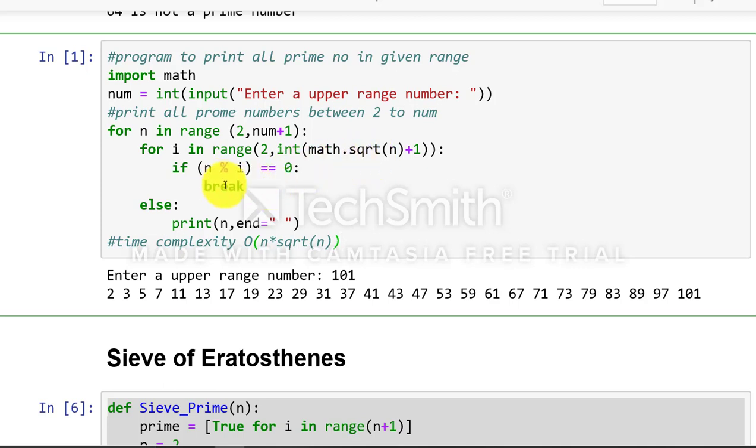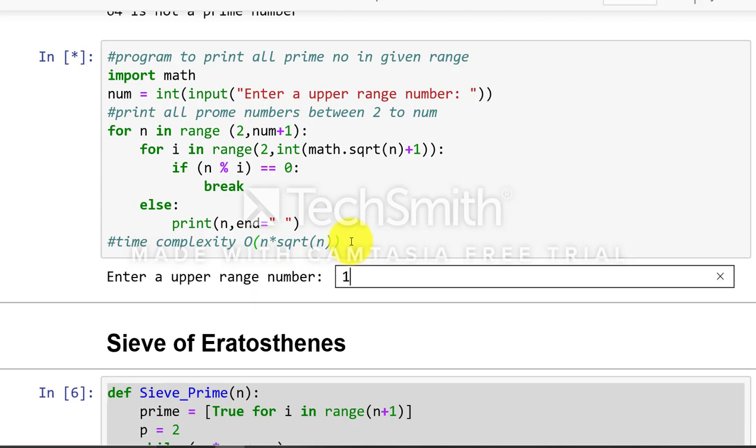So if any number is divisible and the remainder is 0, it is not a prime number; else you print the numbers which are not divisible by any factors. The complexity of the program is n for the outer loop multiplied by the square root of n for the inner loop. So let us execute this program.